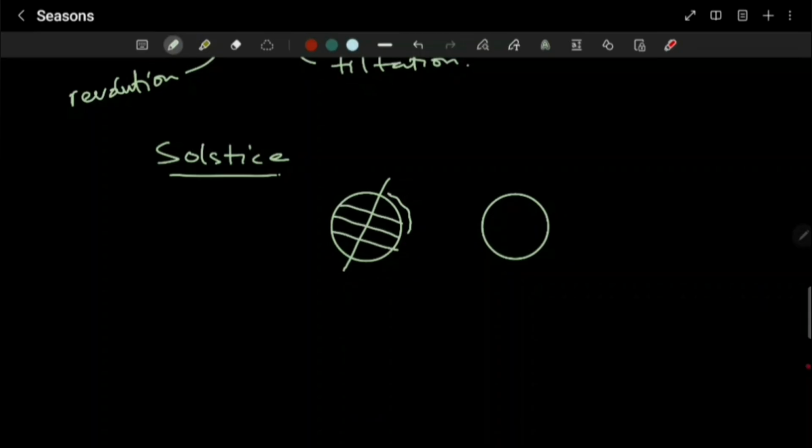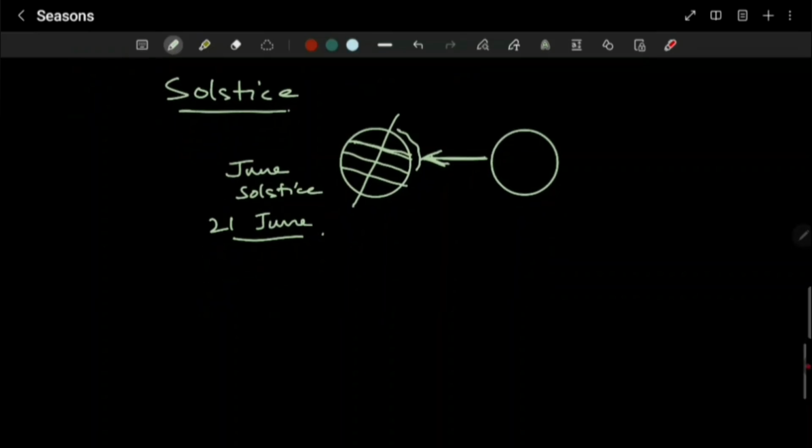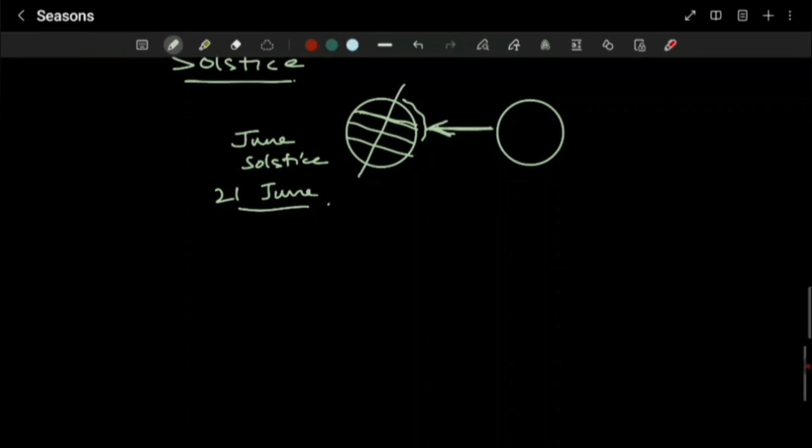So when the northern hemisphere is facing the sun and the rays are overhead, like directly falling on the Tropic of Cancer, that is called June solstice, and that happens on 21st of June. This is also the day when the length of the day is the longest and the night is the shortest. Okay, so June solstice, northern hemisphere is tilted towards the sun, rays are overhead at Tropic of Cancer, summer is